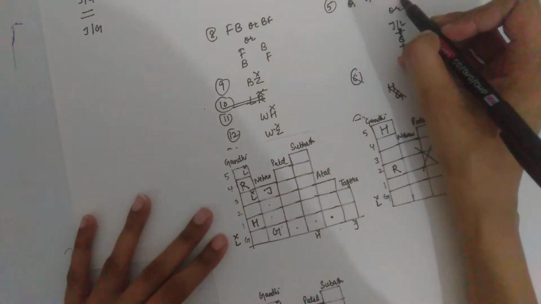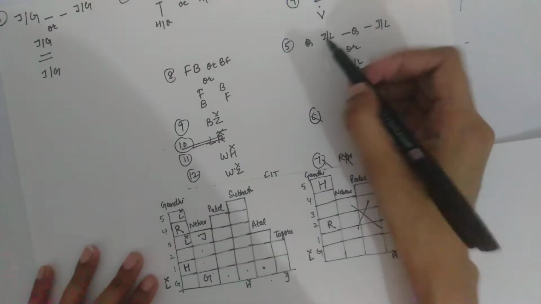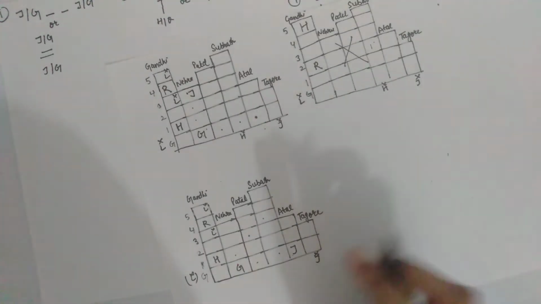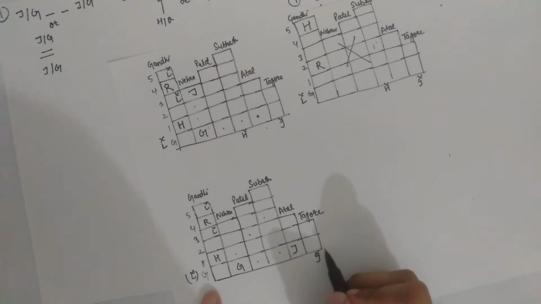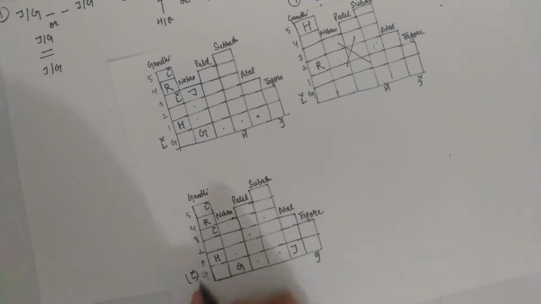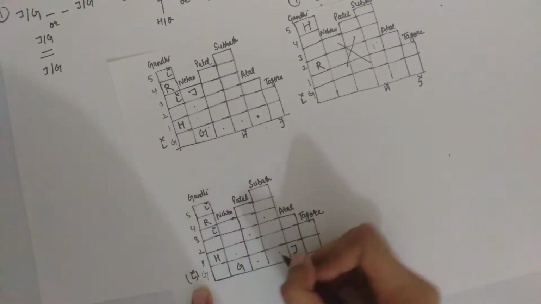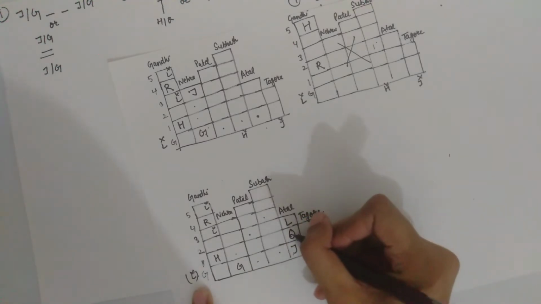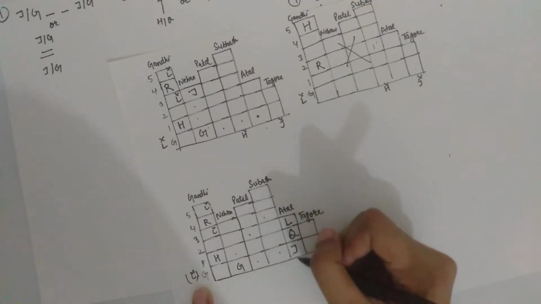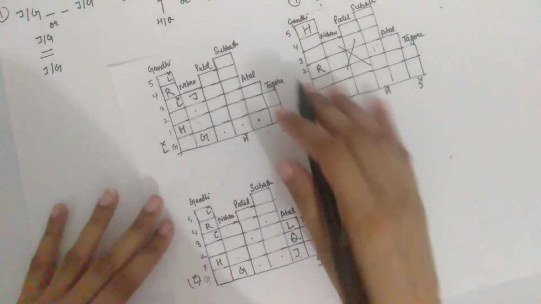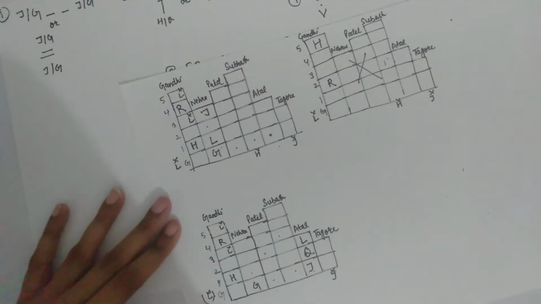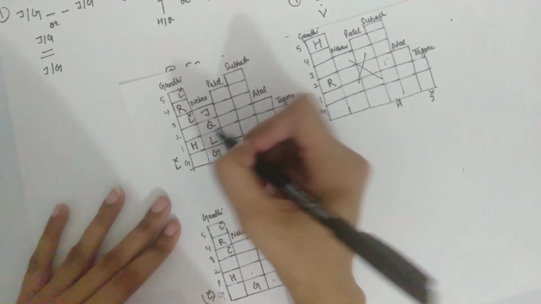Yes, Q sits exactly between J and L. Now we have J, but we don't have L, but we already know that because it is already given that L does not live on the ground floor. If L is not living on the ground floor, then L has to come here. Q will come here as Q lives exactly between J and L. Fine. In this case, this is J, so L has to be here. Q will live exactly between J and L.